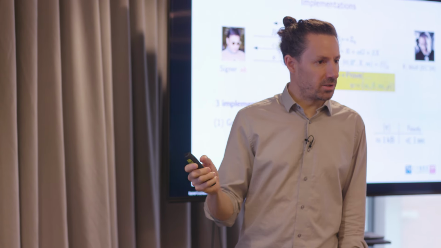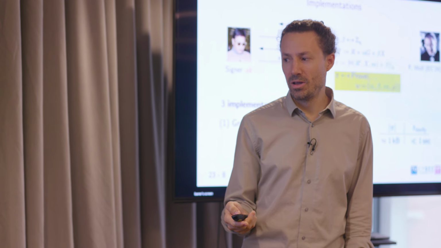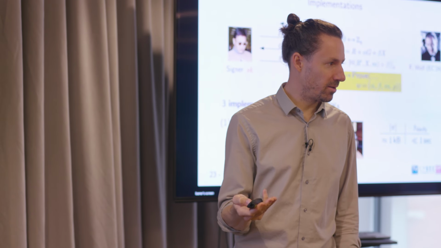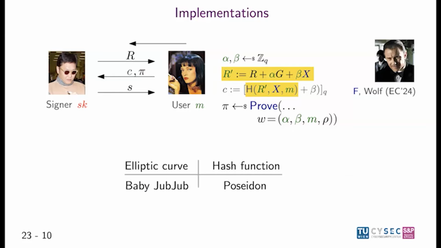Okay, now we know that SNARKs are short. We know that they are fast to verify. The bottleneck is how complicated it is to create them, like the prover time. This really depends on the statement, because you have to represent the statement as an arithmetic circuit, and depending on how big the circuit is, that determines the prover time and the CRS size. The statement is about these 2 things, so it depends on the elliptic curve you use, and it depends on the hash function. If we use SNARK-friendly components, like the Baby Jubjub elliptic curve and the Poseidon hash function, which have very low